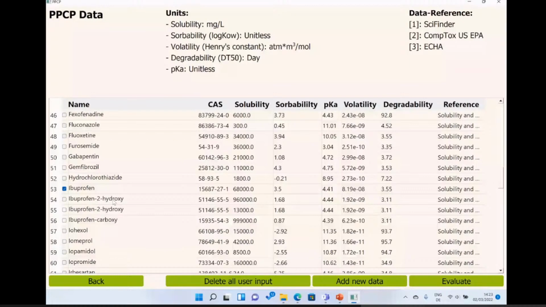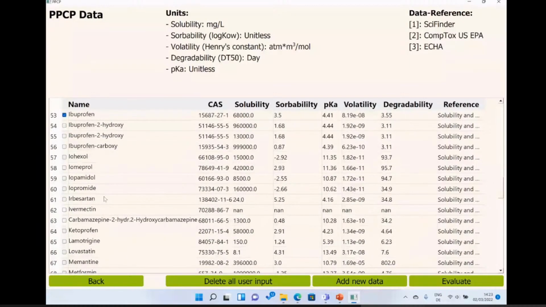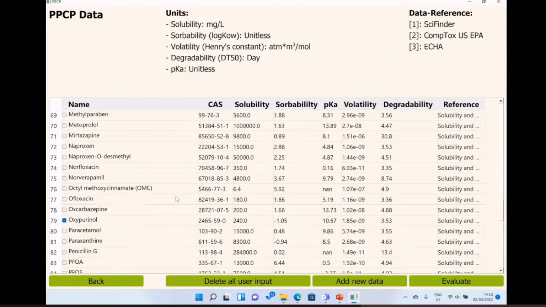And then I'm selecting oxypurinol. Oxypurinol was a substance that was found in a relatively high concentration in our study, in our research, which was also conducted within the framework of this project. For example, in the research conducted in Neufahrn bei Freising near Munich, a city in Germany, we saw a relatively high concentration of oxypurinol.